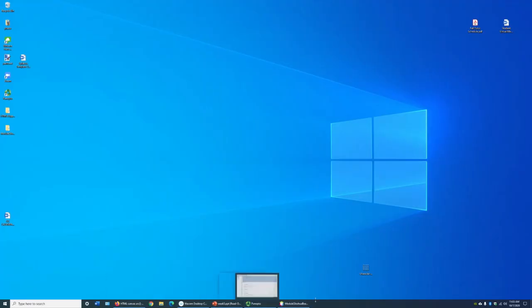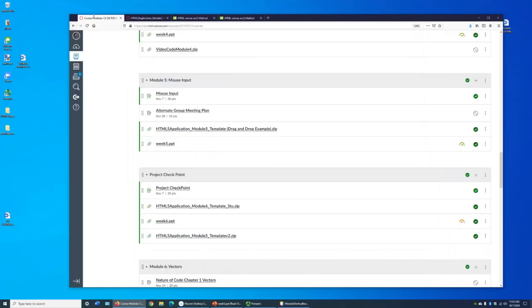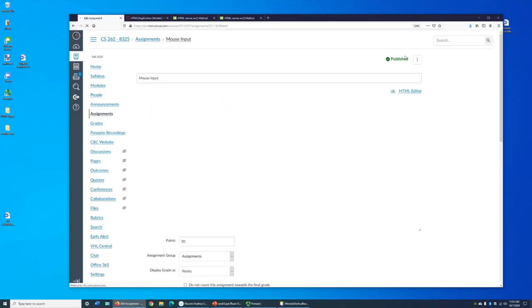So let's go ahead and modify this assignment a bit. This is one that I purposely put in here to give you a little bit more time to get that sprite work done. It's intended to be a little bit of a breather module. So what I want you to do is